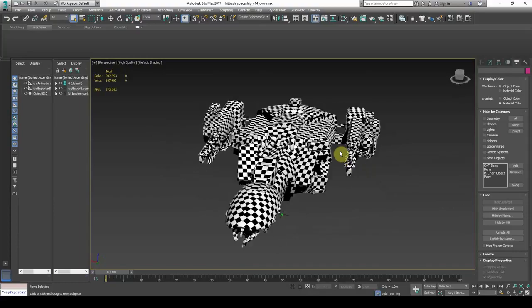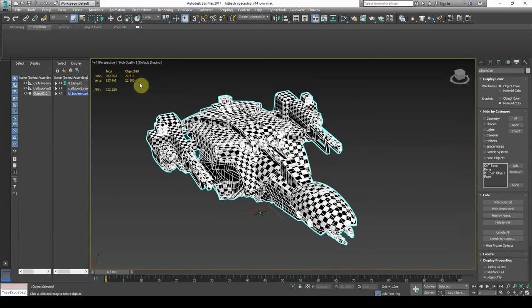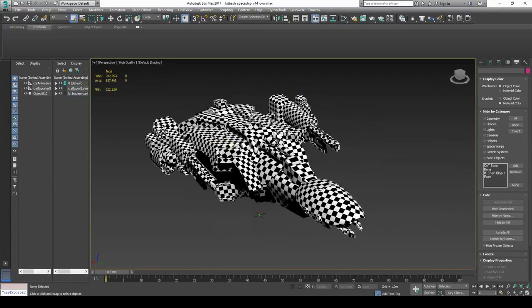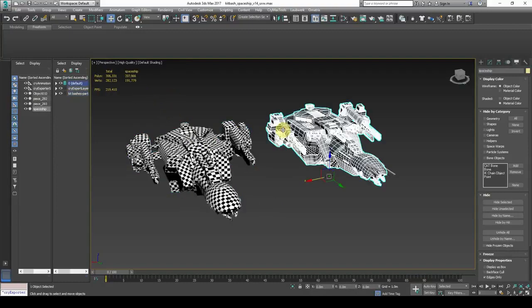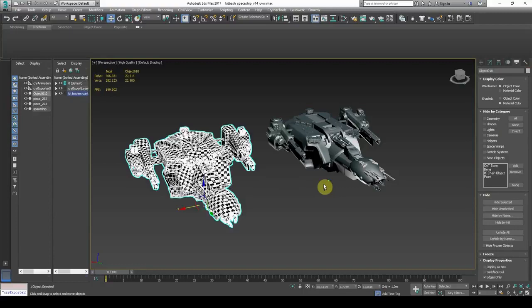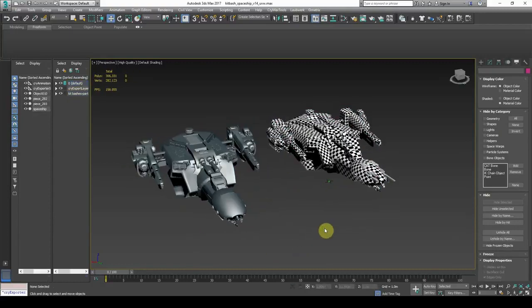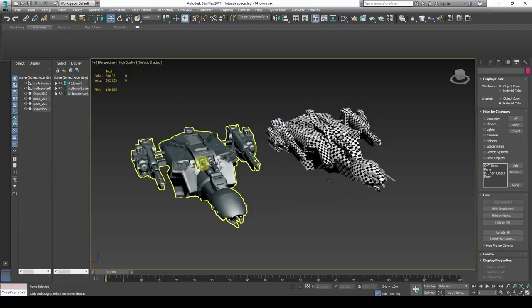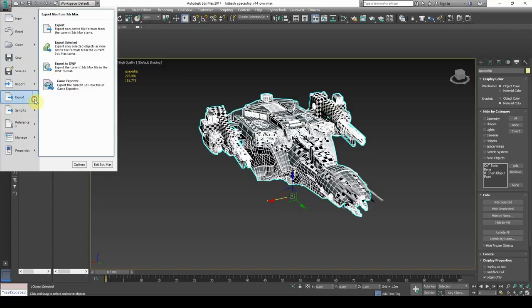So now we're at this point where our spaceship is low polygon. We've got 20,000 polygons right here, and the UV maps are flattened. Everything is done. And you can see here on the left, I've got my 20,000 polygon low poly mesh, and on the right, I've got the 200,000 high poly mesh. So the next step is to put the high poly and the low poly over the top of each other, and we're going to save both of those out as FBX or OBJ files, either or, it doesn't really matter